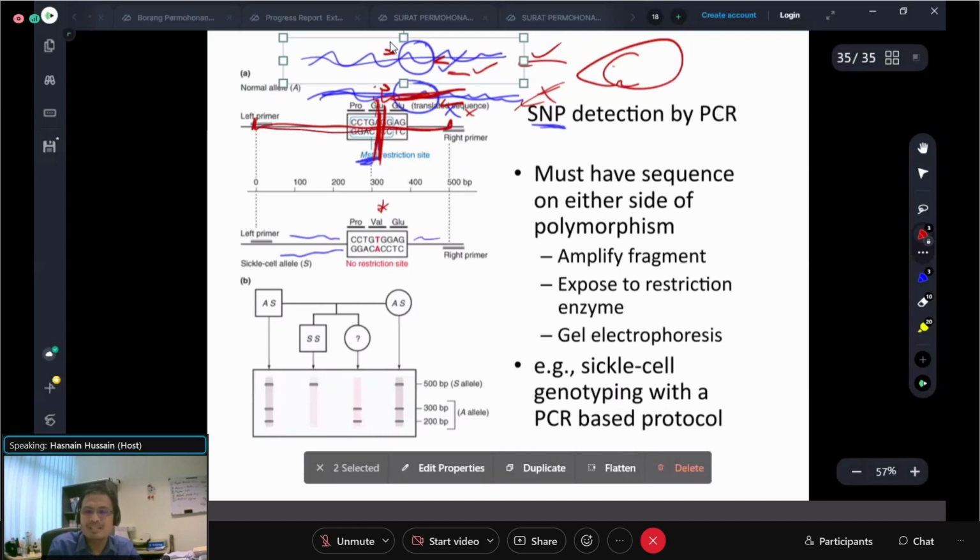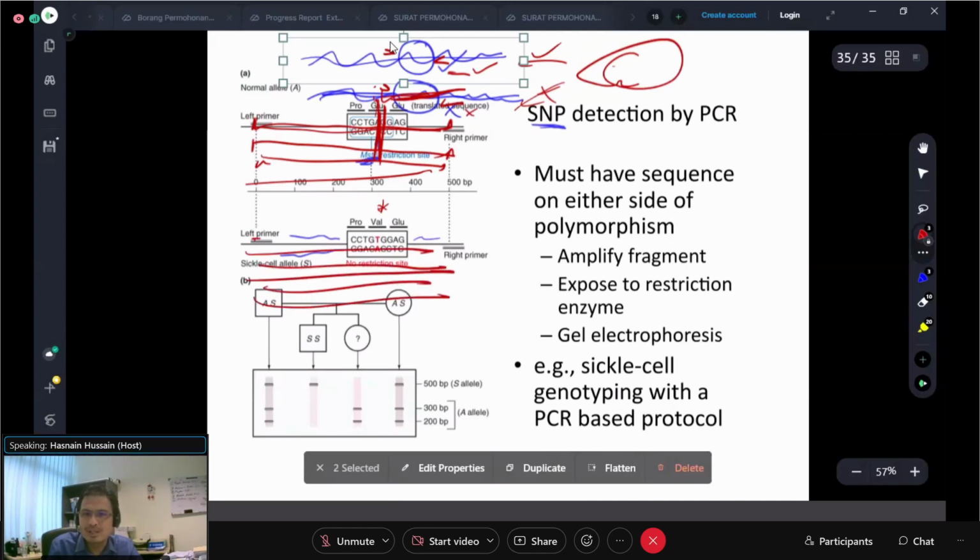When you amplify this region by PCR, the product will be only the fragment of this area, isn't it? One million copies. And this one, with the same primer, will also make a million copies of the same sequence from this chromosome. Now, after I treat with the enzyme over here, MST2,